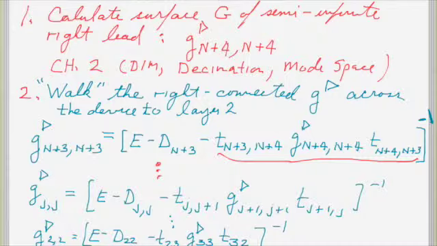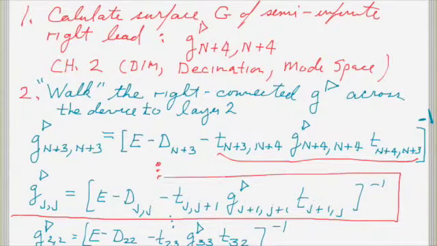And so now you've created the right connected Green's function all the way to and including layer 2. And I guess we should note that this is a generic expression on how we move the right connected Green's function one side to the left. Okay, the other important thing